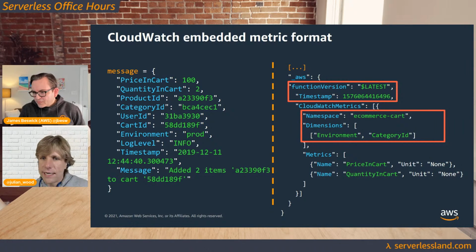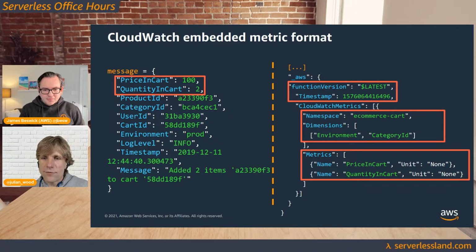This is a good way to categorize your environment. And then your metrics over here: we've got a price in cart and a quantity in cart. That's information from my function invocation, maybe from the event, maybe from the response. On this right-hand side, you then build up these metrics, and as you saw in the code, you just send these metrics off and it's all done. The cool thing is it's going to have the Lambda function information and the namespaces, so you can have dev and prod environments separately, and then any metrics which are put. That's why it's called structured logging, because instead of just doing something like console.log,